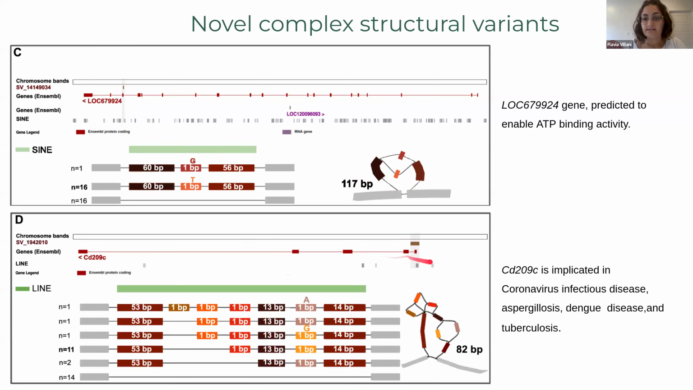And this one instead is another example, really complex. What I want to show you here is that this structural variation is also following a LINE element. And what you can see is that inside this structural variation, there is a single nucleotide polymorphism, but also some repeats. For example, this one sample has this